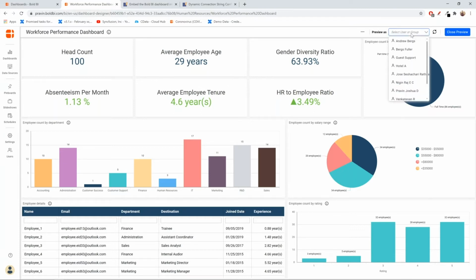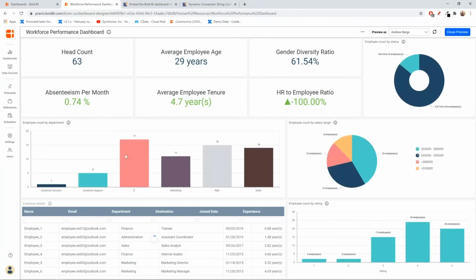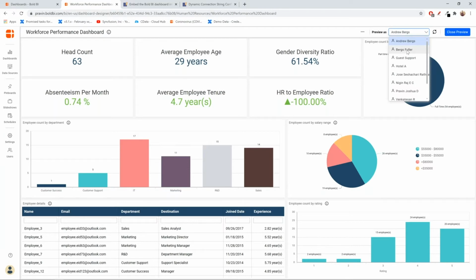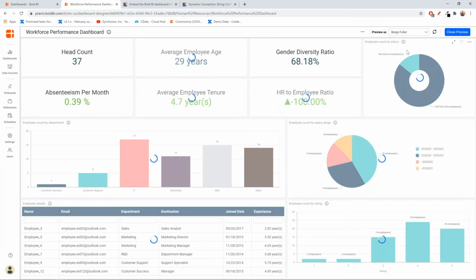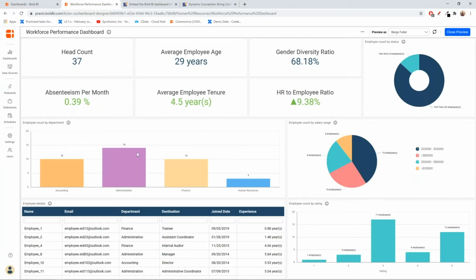But when we choose a particular user, say Andrew, it's going to filter only the particular departments that we have chosen for him and show the metrics for that particular data. And likewise for the other user who we configured. So you can see the departments are being filtered when we chose the other user.